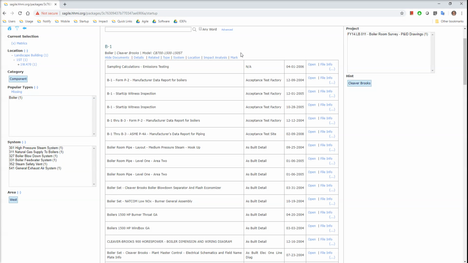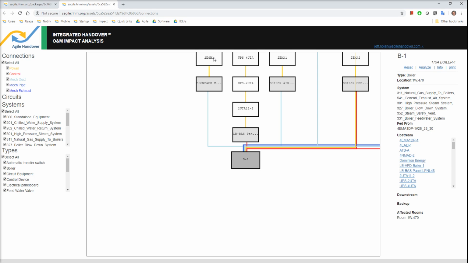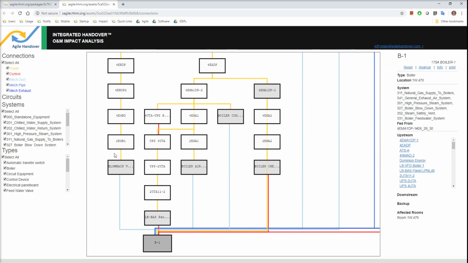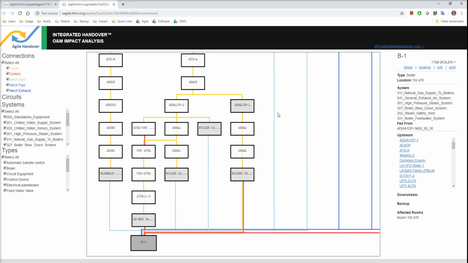Next, we want to take a look at that boiler and see what impacts it and what it's impacted by. So this is built up by processing several different data sources together, and it is a live connection directly to the sources. So whether those are panel schedules or any other type of equipment, we're able to process that data and bring in all the relationships from BIM or panel schedules or equipment lists, wherever the data may live. So here we can see boiler 1 at the bottom and all the different equipment that is related to it